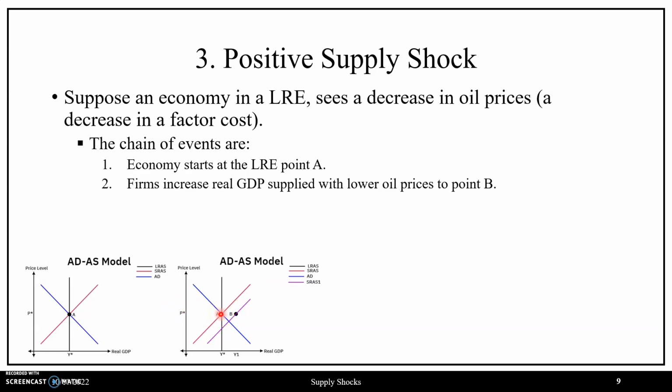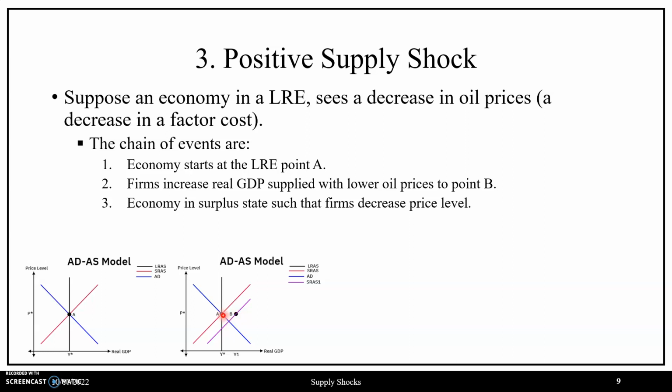This means rightward movement from point A to point B, where at point B, firms are supplying a Y1 amount of real GDP, while agents are demanding a Y star amount of real GDP, with supply being greater than demand. This means that the economy is in a surplus state, such that firms have incentive to decrease the prices on their goods and services, corresponding to a decrease in the price level of the economy,